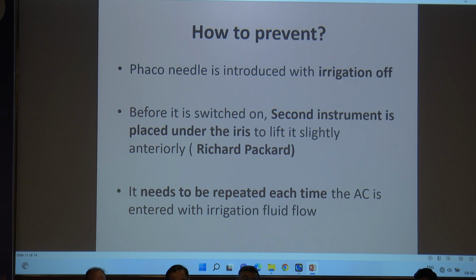So how to prevent? When the phaco needle is introduced, it is always better to introduce it with the irrigation off mode. And once you are there, then you put it on. Before it is switched on, you introduce a second instrument through the side port under the iris to lift it slightly. This has been suggested by Richard Packard. And every time you enter the anterior chamber, it has to be repeated,